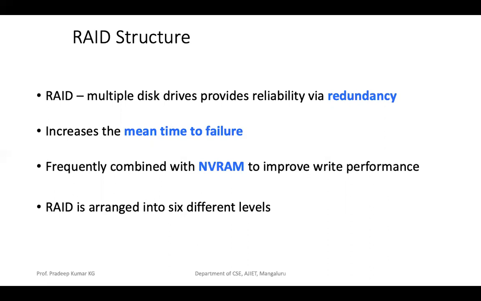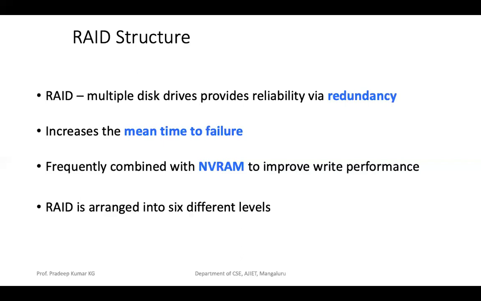So one RAID, or one set of RAID, is nothing but a set of a number of disks. For example, in your own desktop machine, you can have two individual hard disks, in which one hard disk may be treated as primary and the other treated as secondary. So this is a set. If you have more than two, it will be treated as an array. You'll have a number of 1 TB disks, more than 100 in a large company, such as Google or some other company that uses them as a service provider.